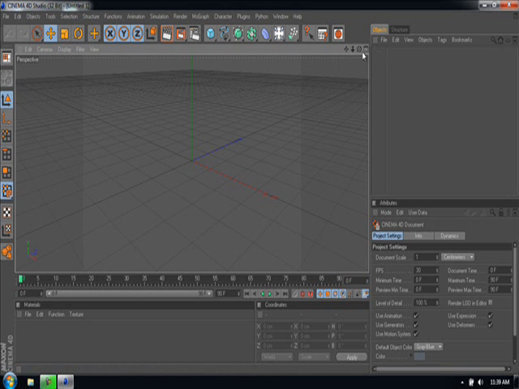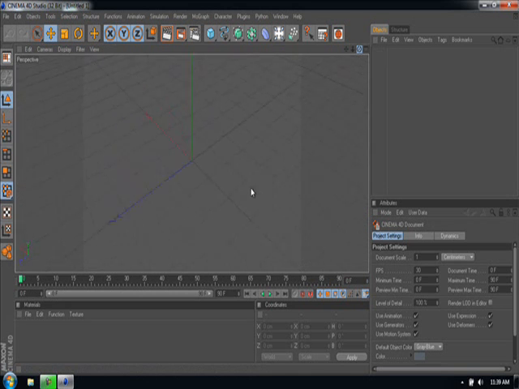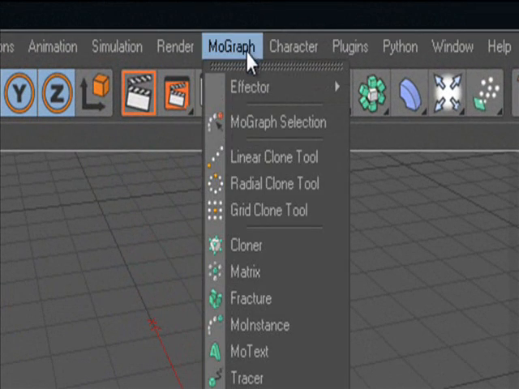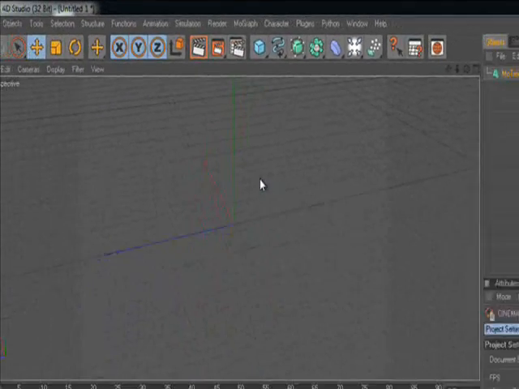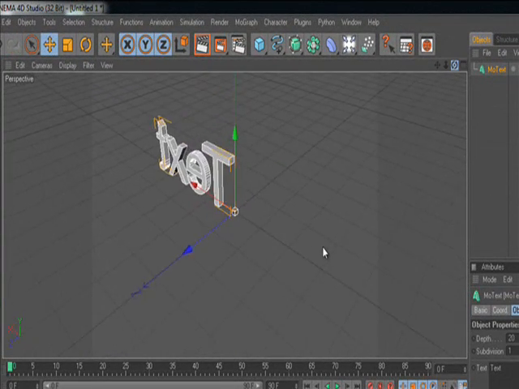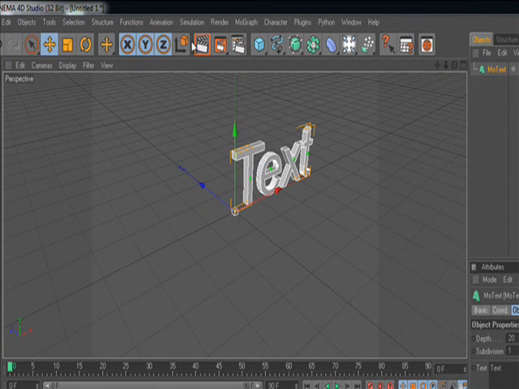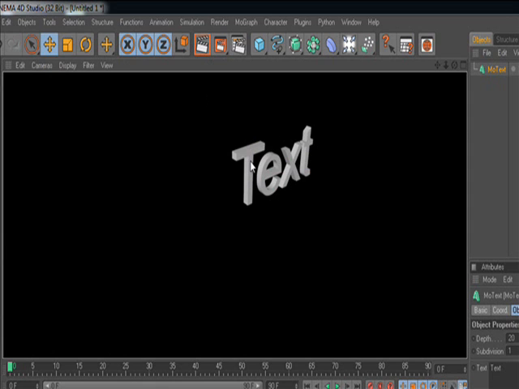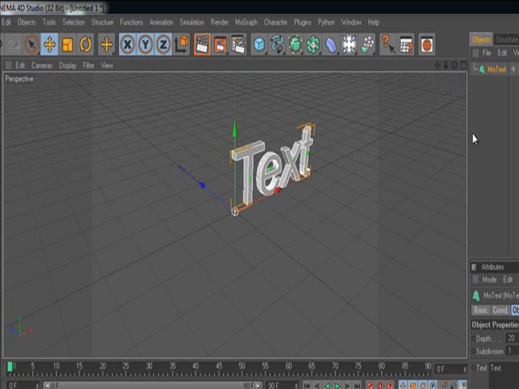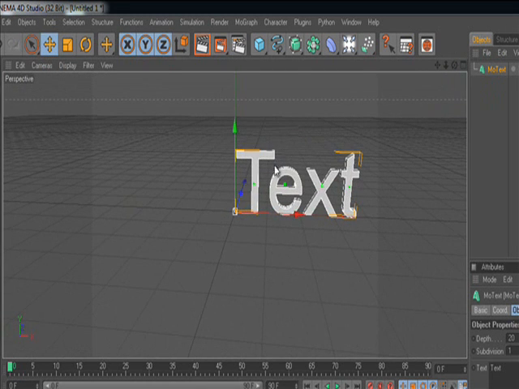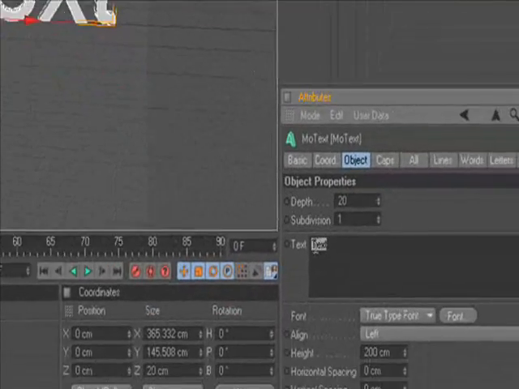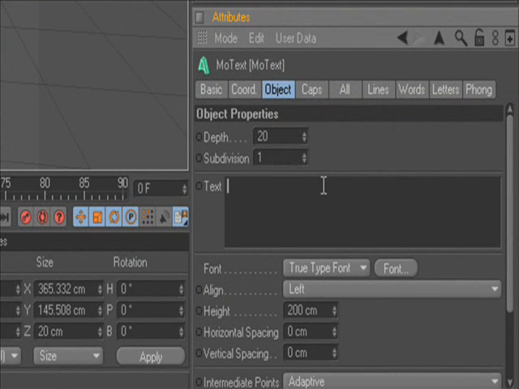So first of all, you can see that we have our little floor thingy here. What we're going to do is go to MoGraph and then go to Mode Text, and you'll see that you'll get text. If you press this button right here, it'll basically render it, and this is what your picture would be. If I just rendered it right now as a picture, this is what my background would look like. Pretty cool, huh? So you just want to click on this and then change the text down here to whatever you want. I'm just going to do Alex Bowman FB,